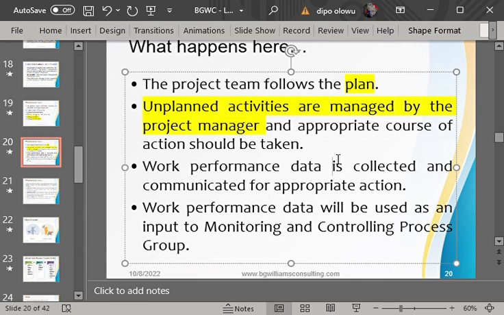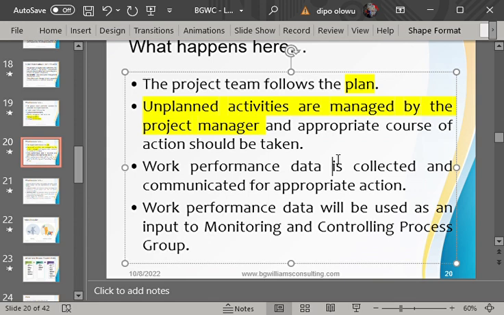Yes, we have seen a situation whereby the person that is supposed to follow the plan deviates from the plan. Example, you ask somebody who is to carry out painting. You give the person the exact texture of the paint, the quality, and everything that the person needs to do. Let's say in line of execution, you now discover that the texture is not as you wanted. So the person has deviated from the plan.